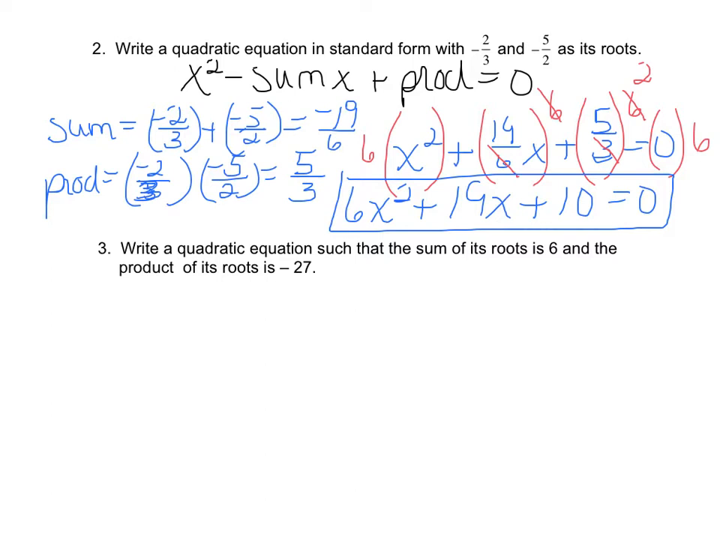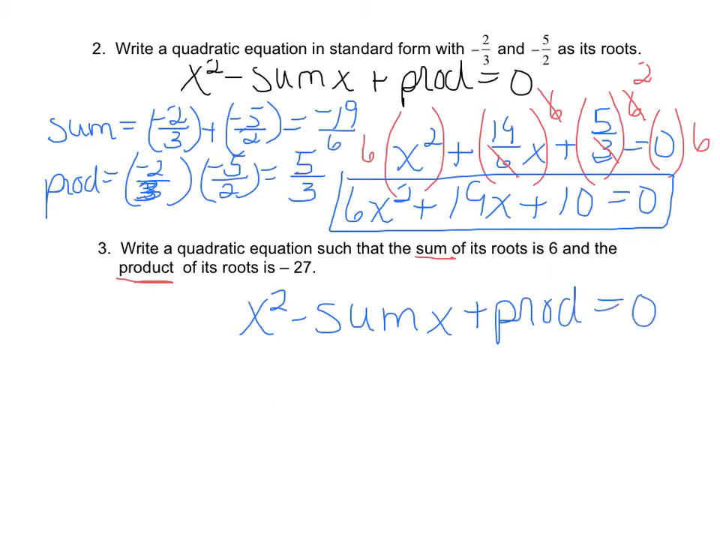All right, number 3. They want us to write a quadratic equation such that the sum of its roots is 6 and the product is negative 27. So in this case, they didn't give me the roots. They actually gave me the sum and the product. So we're going to start off with x squared minus the sum of x plus the product equals 0. And then we're just going to substitute in x squared minus 6x plus a negative 27